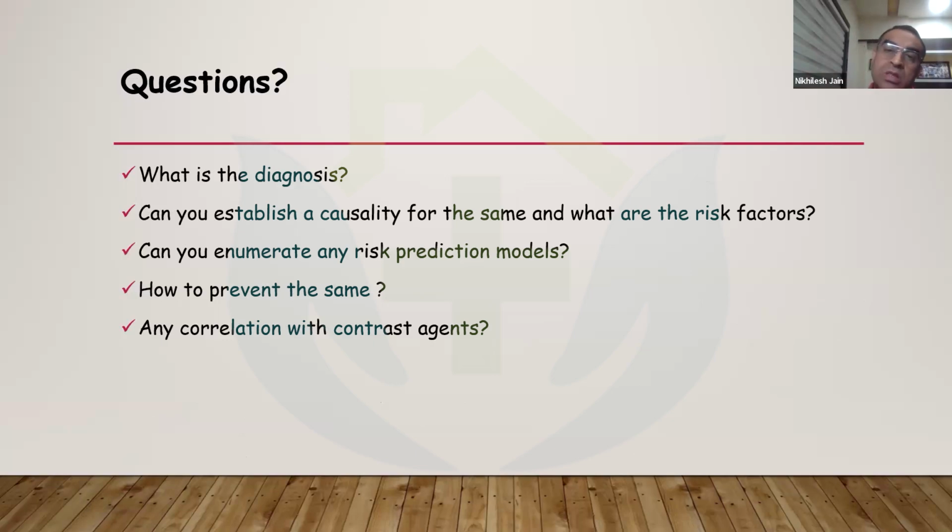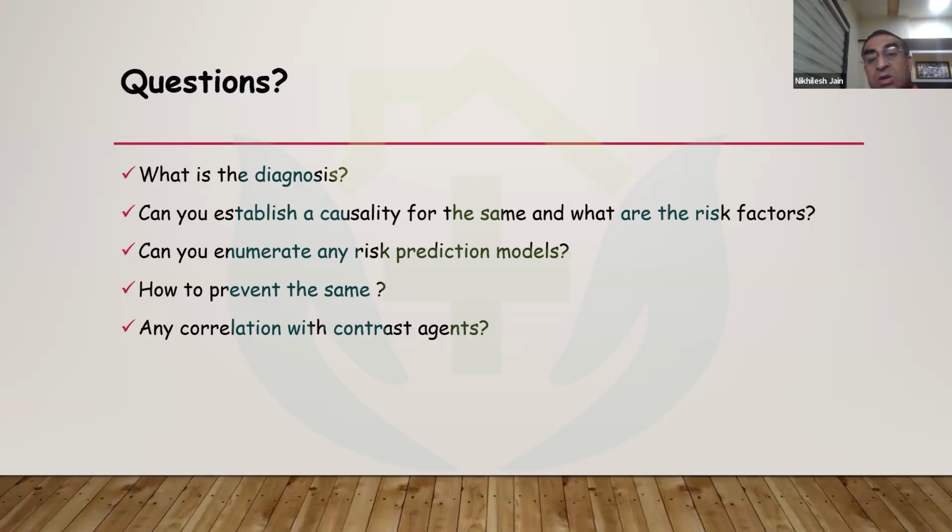So you need to know the risk factors for developing contrast-induced nephropathy. One, can you establish a causality? Causality meaning, can you establish the fact clearly that this is happening because of the coronary angiography and the contrast exposure? You need to know certain risk prediction models, especially the Roxanne-Mehran risk scores. You need to know the preventive measures, including hydration, role of N-acetylcysteine, certain other measures, how they do it, and